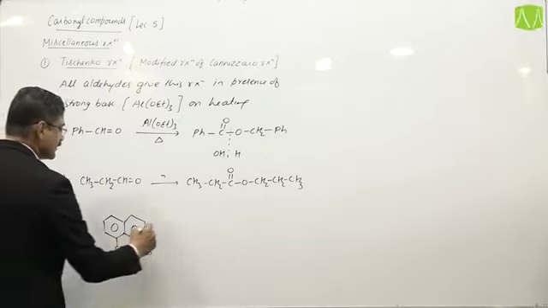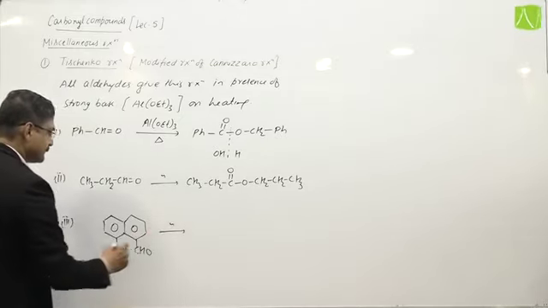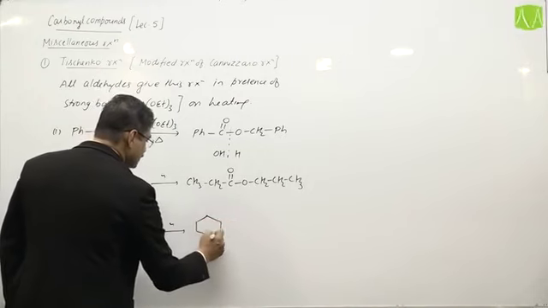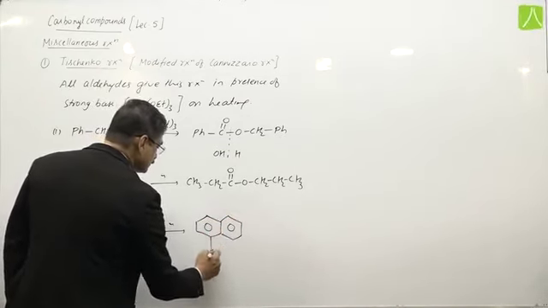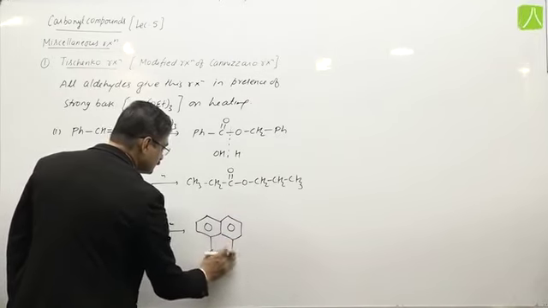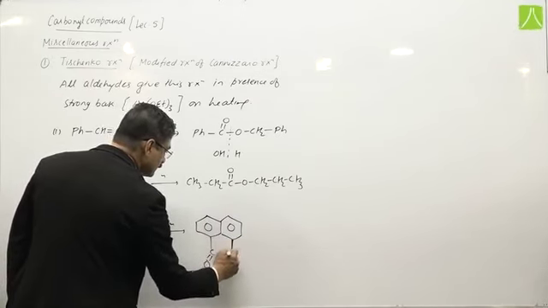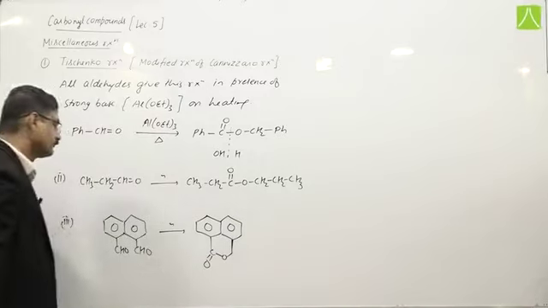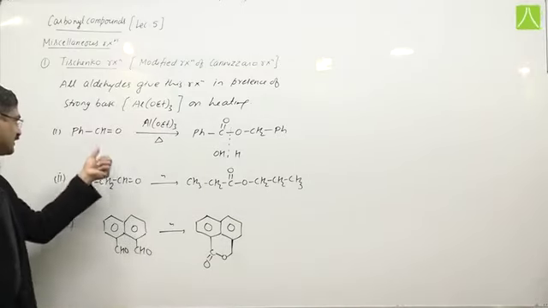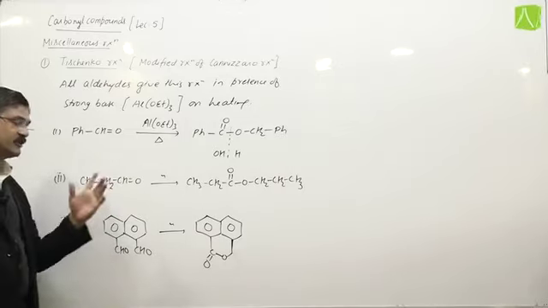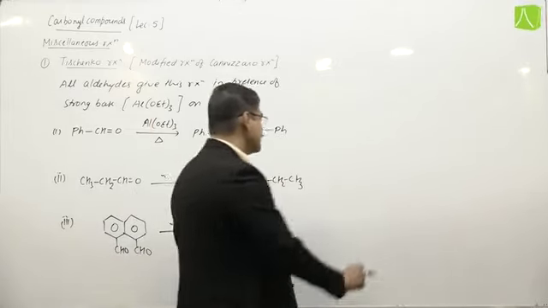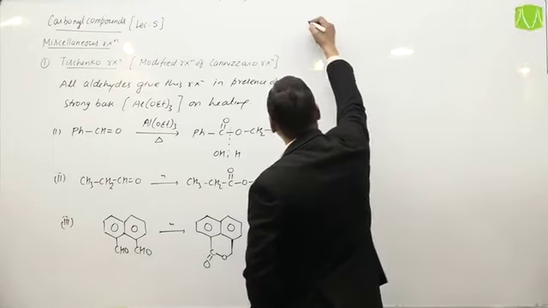Suppose I take this kind of aldehyde, that is a dialdehyde. So it is directly converted into ester. Aldehydes having alpha H or not having alpha H all directly convert into ester. This reaction is known as Tishchenko reaction. The next reaction is